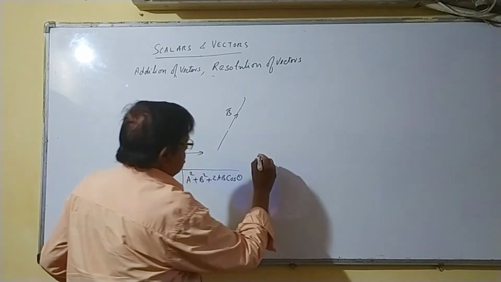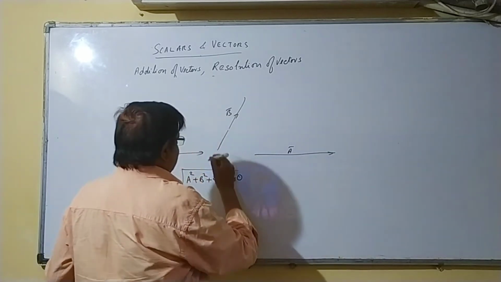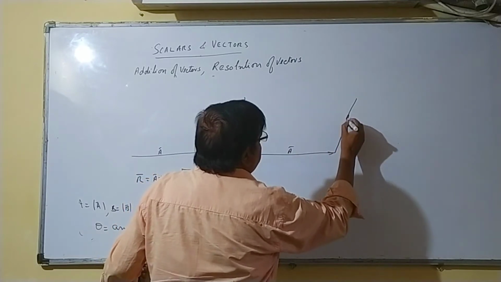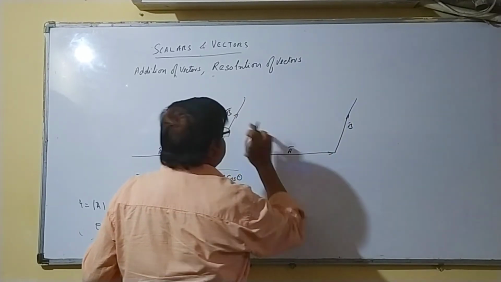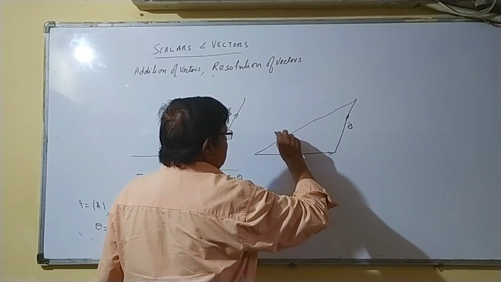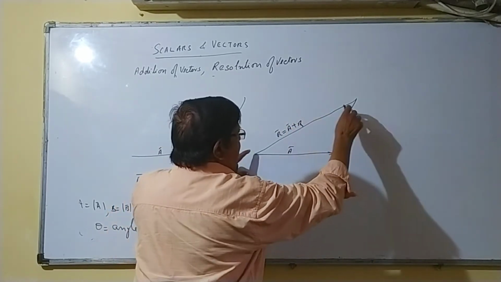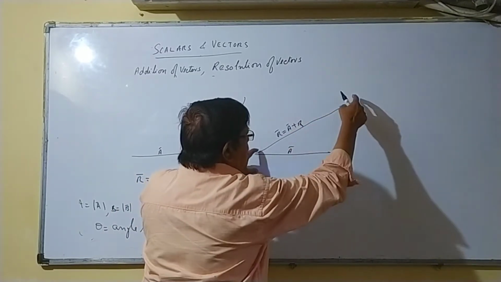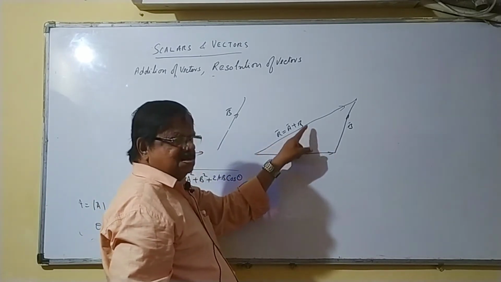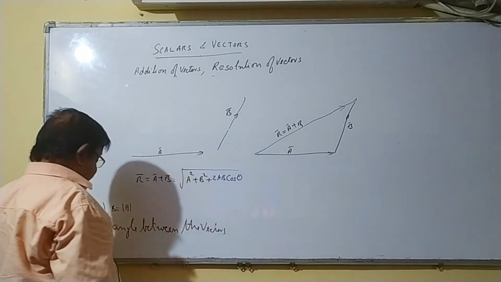Last time I told you, once you draw vector A with magnitude and direction, then you draw vector B with the same magnitude and direction. Join from the starting point to the ending point. This is the resultant R equal to A plus B. The resultant vector has this direction and this magnitude. Vector A plus vector B is equal to vector R. R is the resultant vector. This we know. Now about the angle between the vectors, theta.